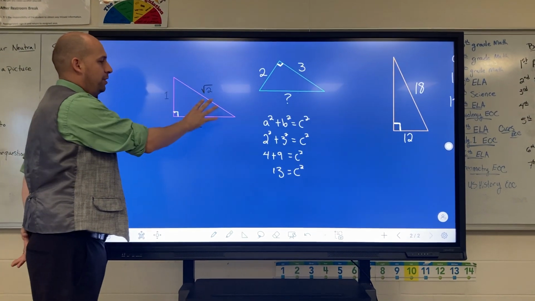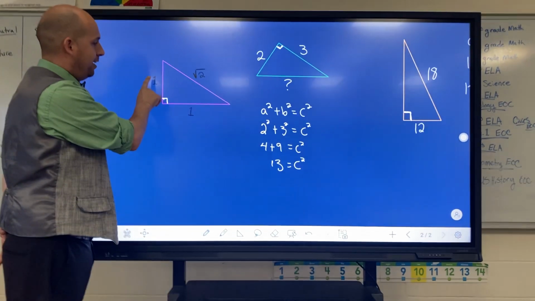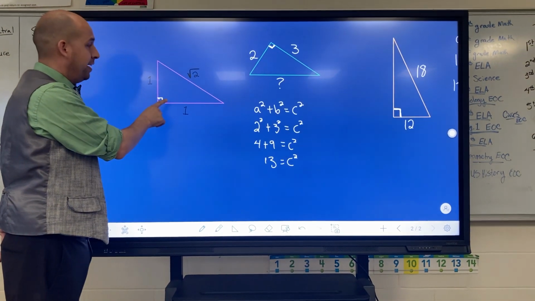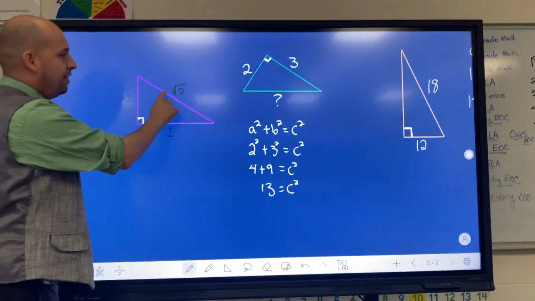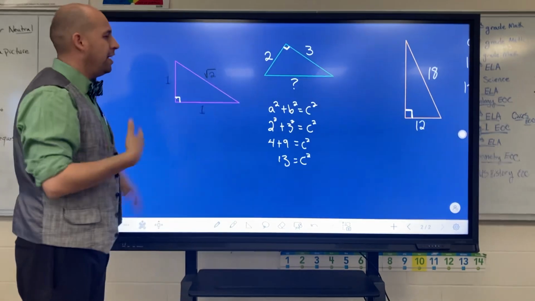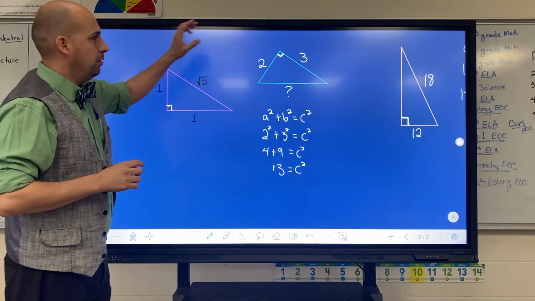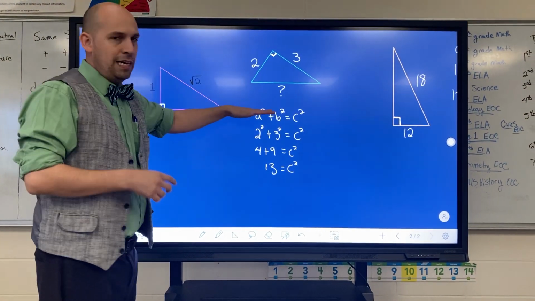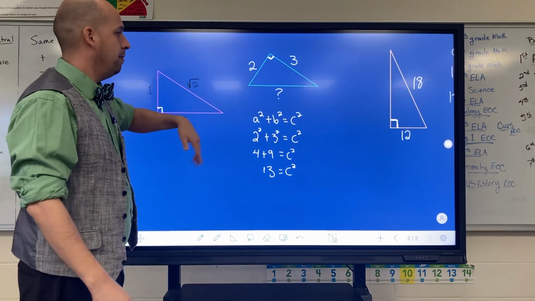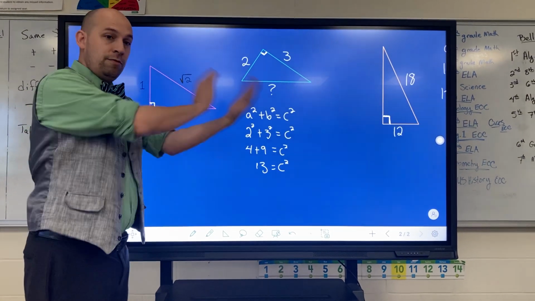We're going to start here with this triangle. Both of these sides are 1 in length, and this side has a length of the square root of 2. So to give you an understanding of where that square root, or the radical, comes from, we always have to go back to the Pythagorean theorem, okay? The Pythagorean theorem, which I covered in a different video,